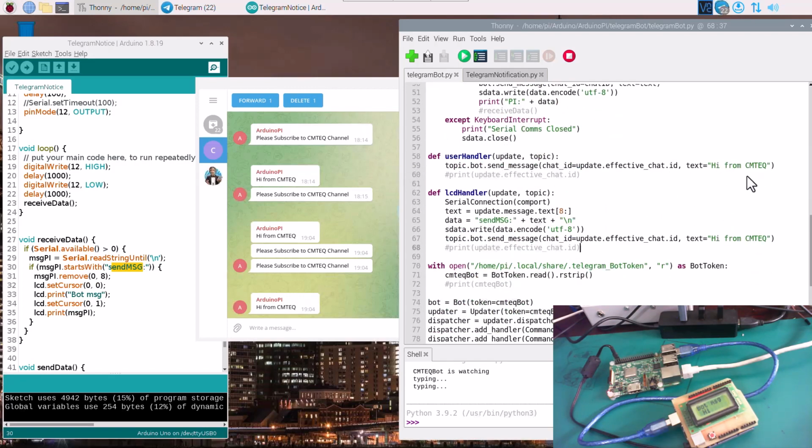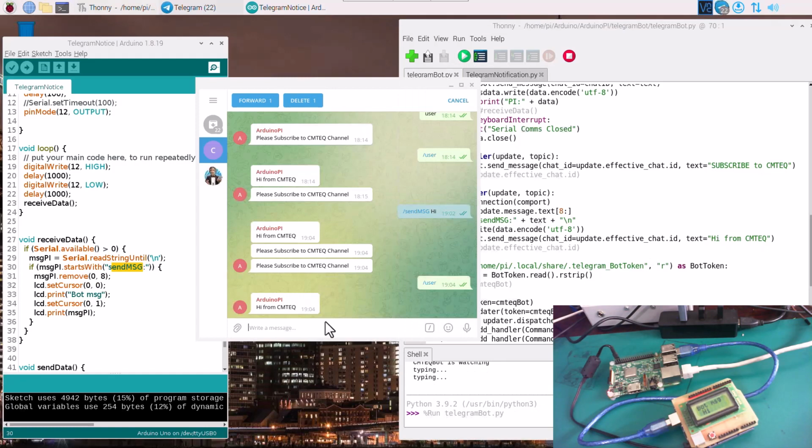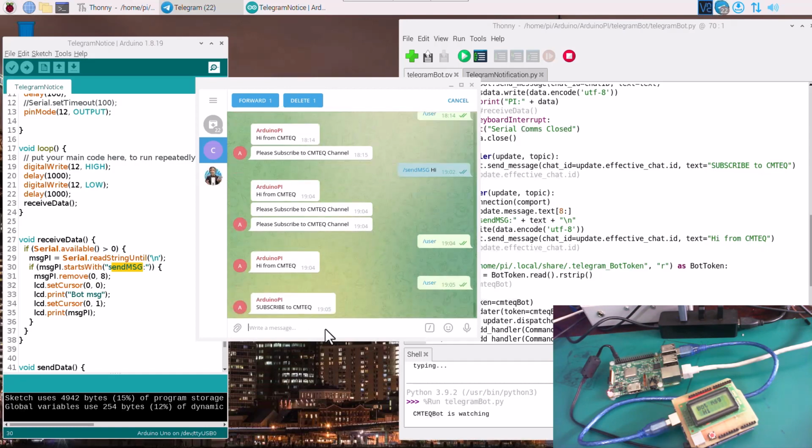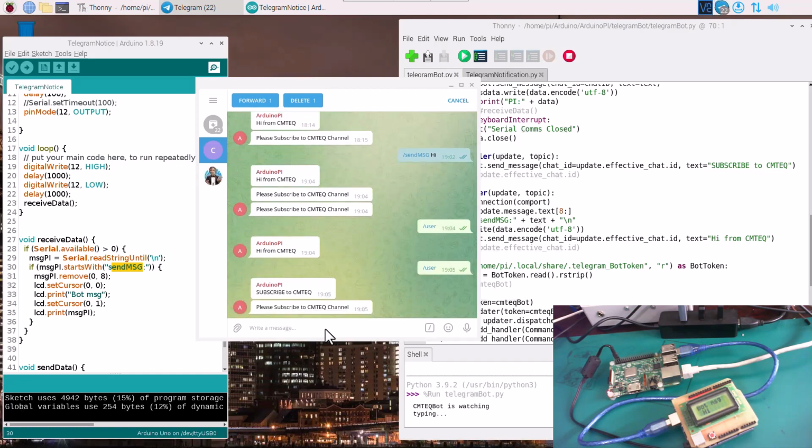So for the user handler, we're going to change it to basically subscribe to CMTEQ. And this is going to remain hi from CMTEQ. Let's go ahead and give this a run again. Now this time I'm going to send user. So now we should get subscribe to CMTEQ, and then the next thing we're going to send is basically